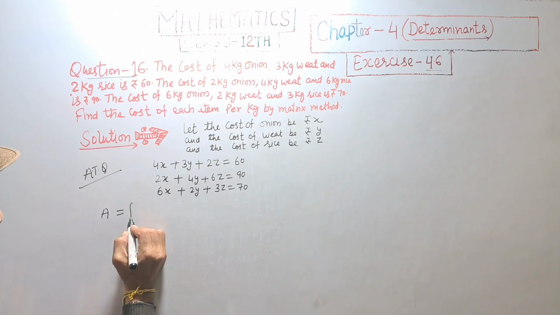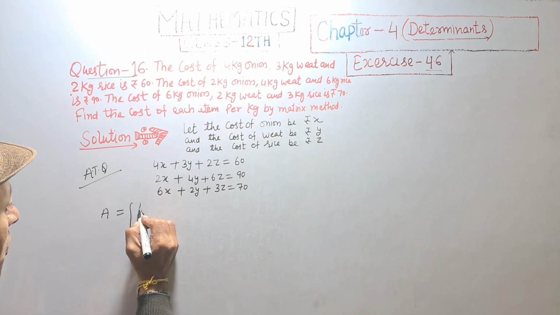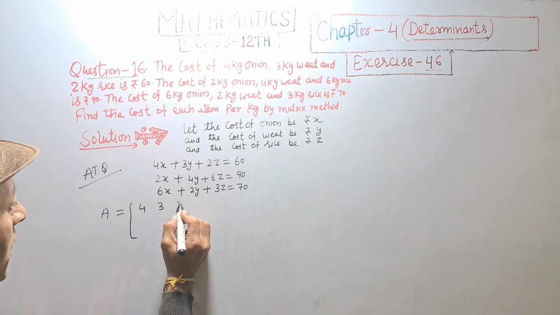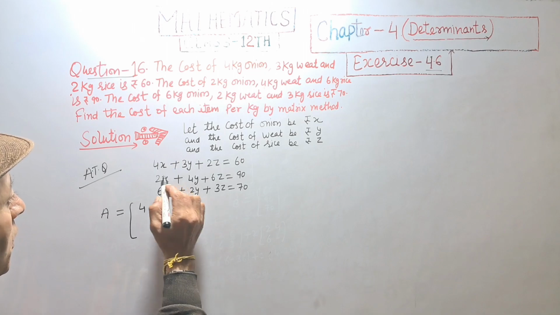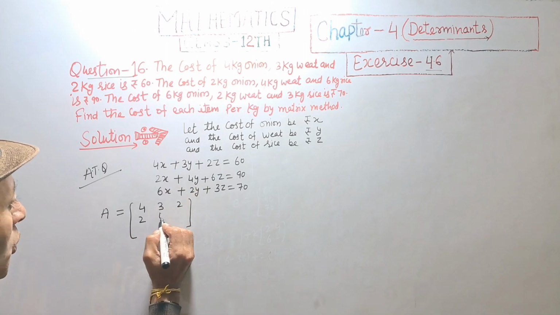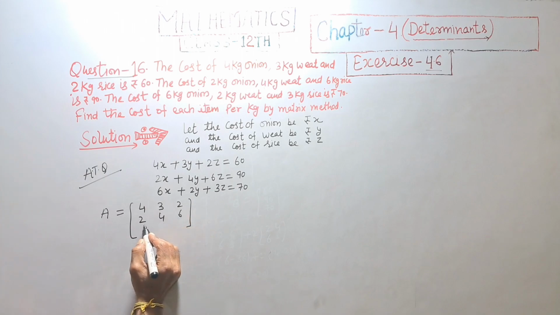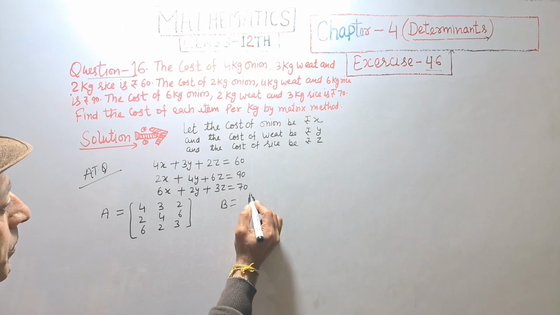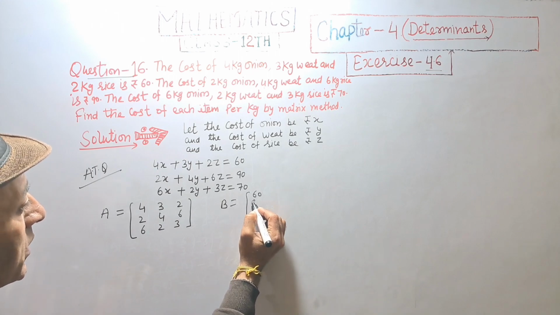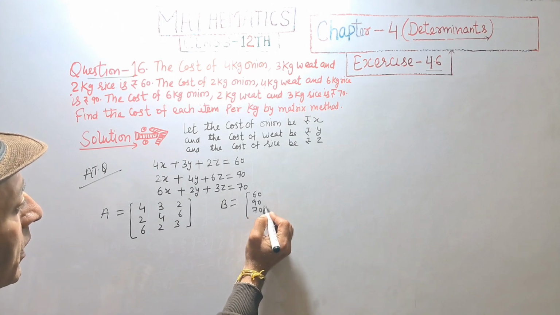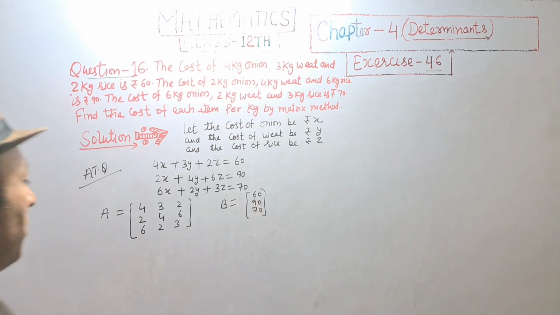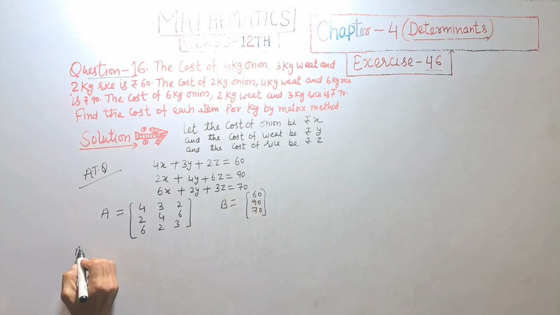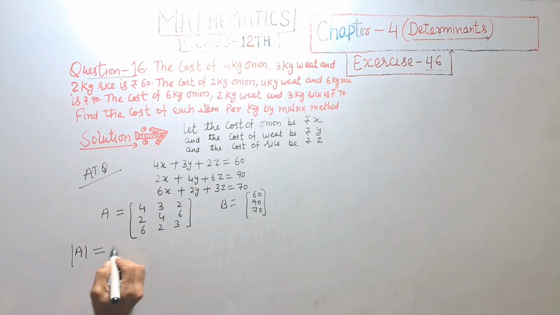A is equal to 4, 3, 2, 2, 4, 6, 6, 2, 3 and B is equal to 60, 90 and 70. First of all, we find the determinant of A is equal to